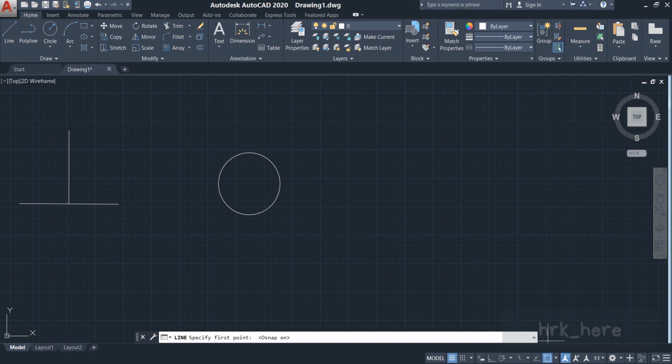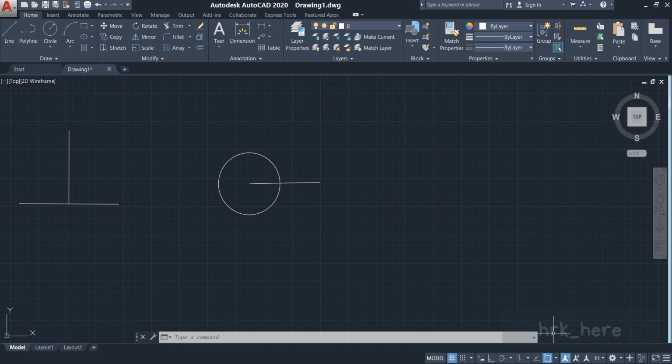I turn it on. So now when I move the cursor or the crosshair near the circle, I can see the center point of the circle. So I place my cursor over there and I start drawing one line. Easy, right? So the object snap helps you to find out different points available in a drawing.